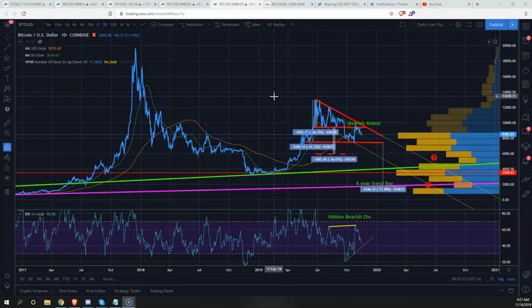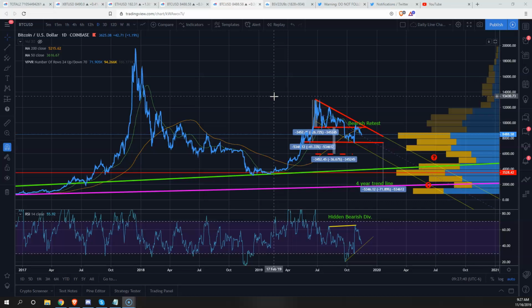So the first thing I want to talk about today is actually my Bitcoin charts, my bearish bias, and I want to try to present at least some type of case for the bulls, but it's very difficult to do. So let's just jump in. We'll take a look at the daily line chart first, and then we'll look at a few other charts, and we'll see if we can't paint a pretty clear picture for what's coming next. So this is the daily line chart.